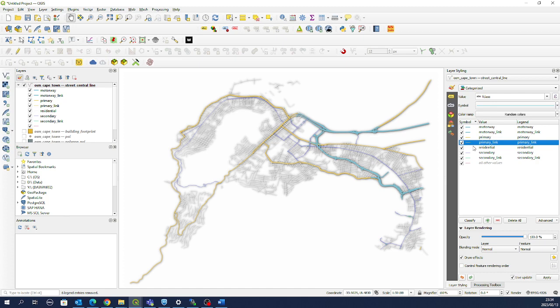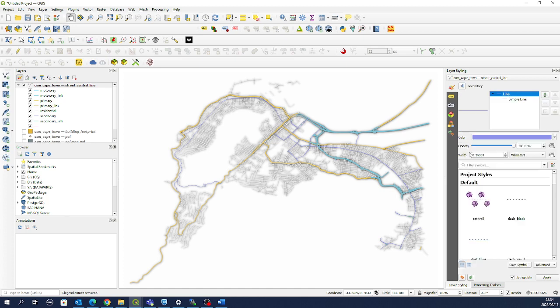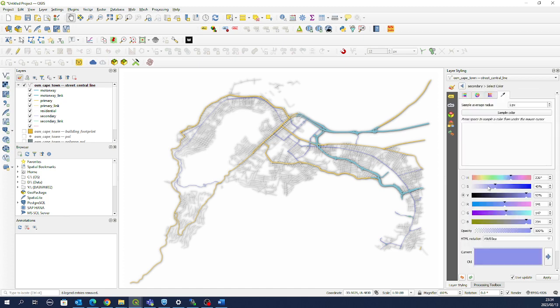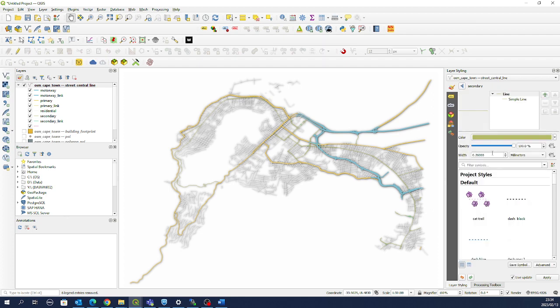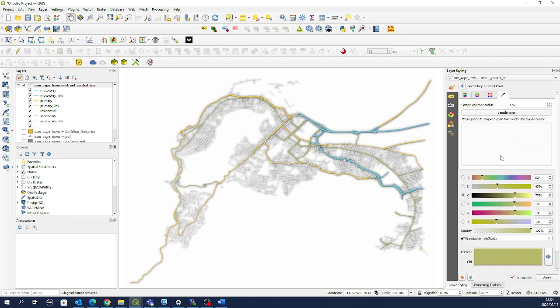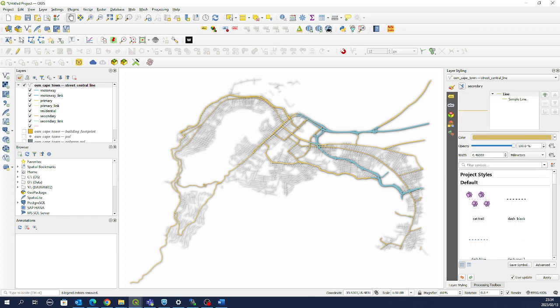Okay, so residential we've already done. Secondary, I'm going to make that maybe a, let's make that also a brown. And just to see the changes. So this is almost the same as the